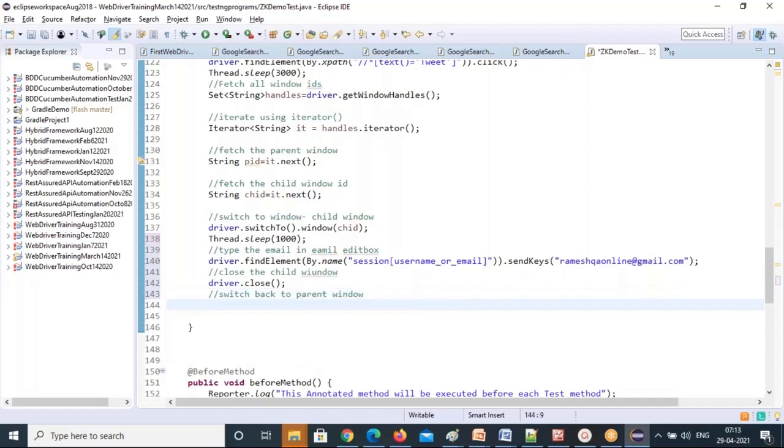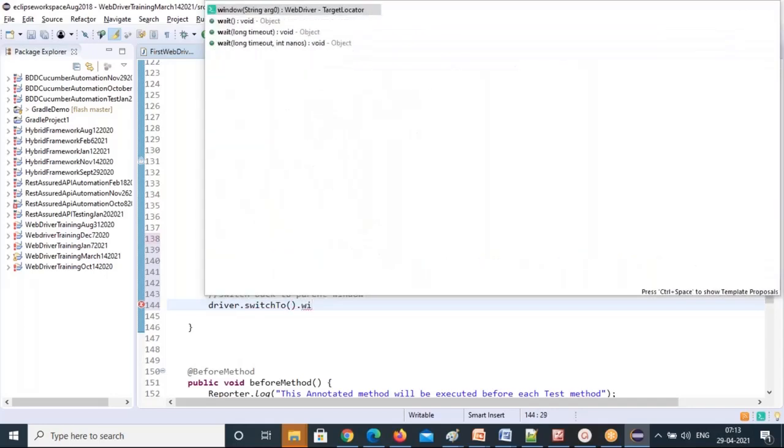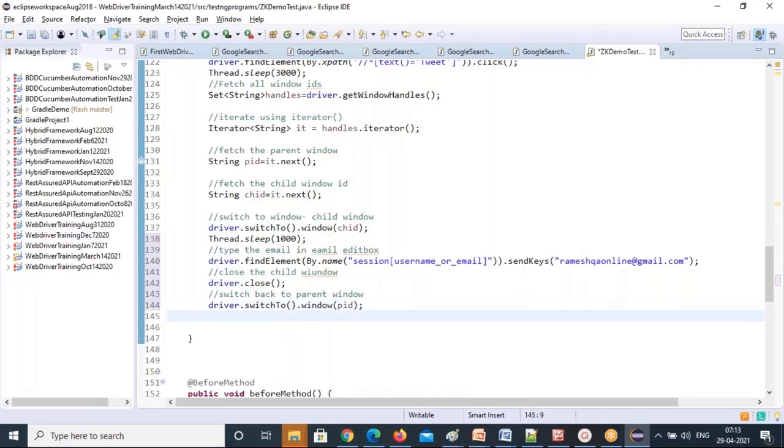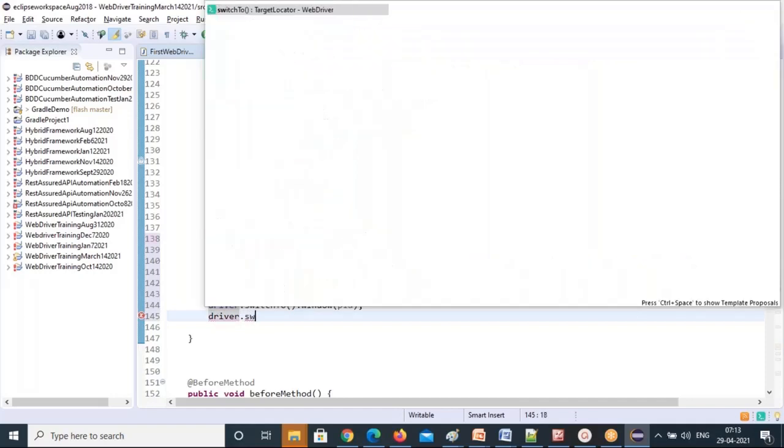How can I switch back to parent window? Driver dot switchTo method, dot window method, the parent window ID you need to pass. Then it will come. If still it is not working, there is one more option. switchTo dot defaultContent also you can call. So like this one, I'm just calling here for your understanding purpose.